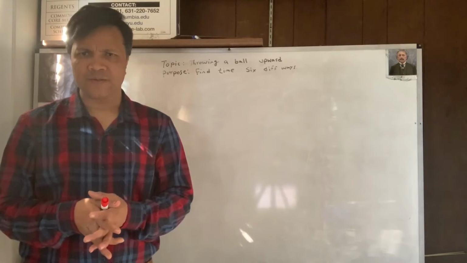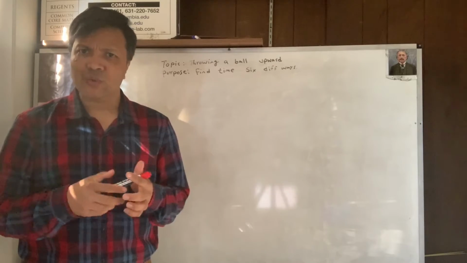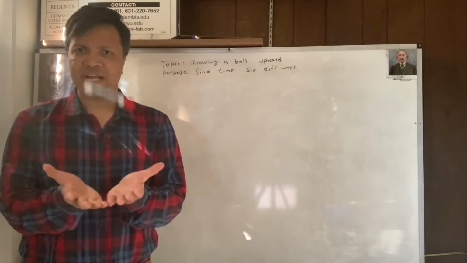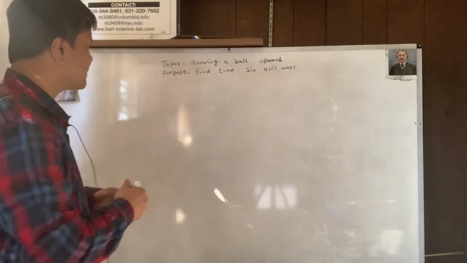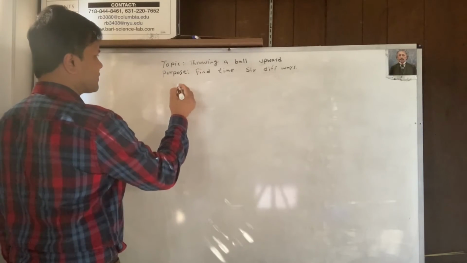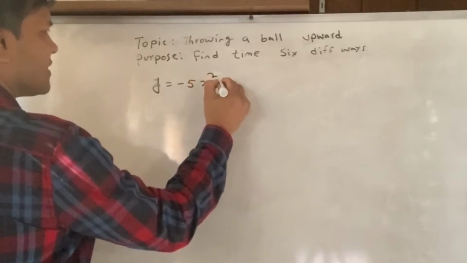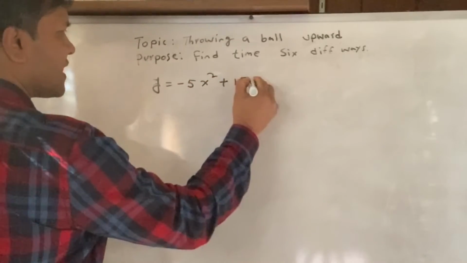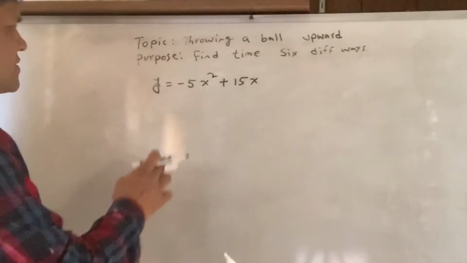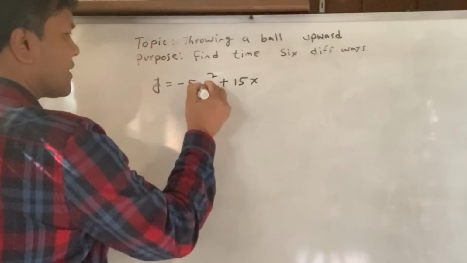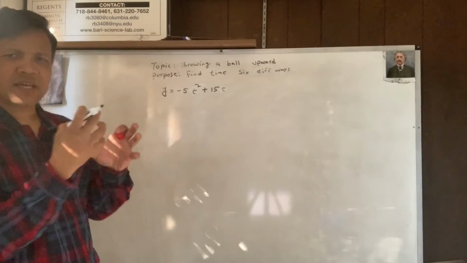As simple as this. Let's translate this action to an equation. This action you should be able to translate to an equation. Y is equal to negative 5x squared plus 15x. Since we are talking about the time, you can replace x by t. So now this equation is screaming at you,